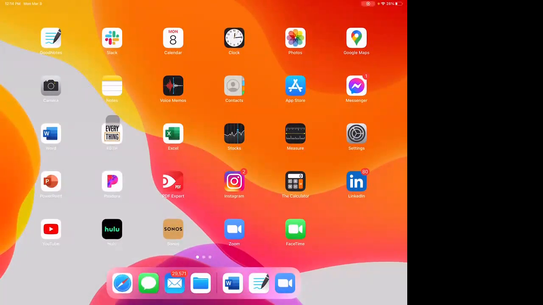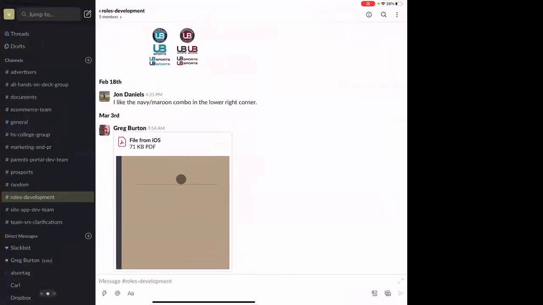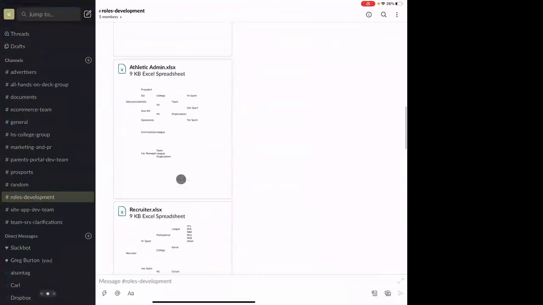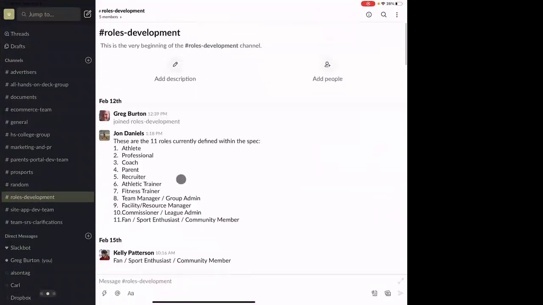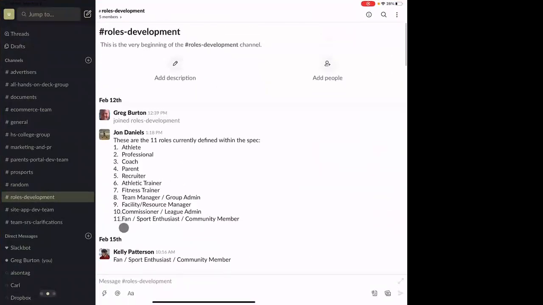break that down. Now, where do I have it again? Oh, it's in Slack. So we had these 11 roles, right? And what we realized was that commissioner, facilities, resource manager, team manager, and that's sort of a gray area, because there's also a youth club or youth team parent who's also acting as the coach on Saturdays.